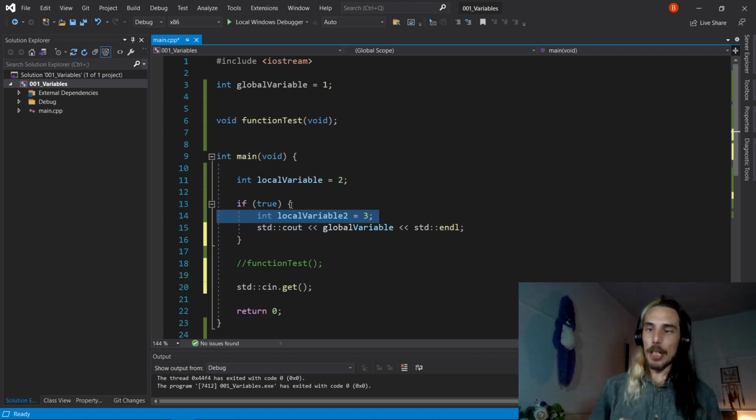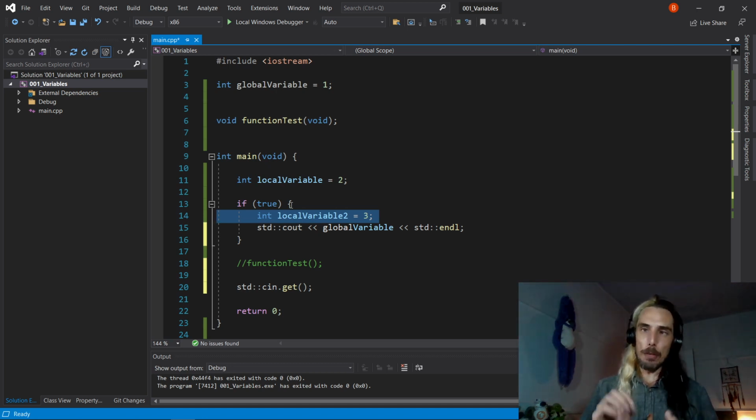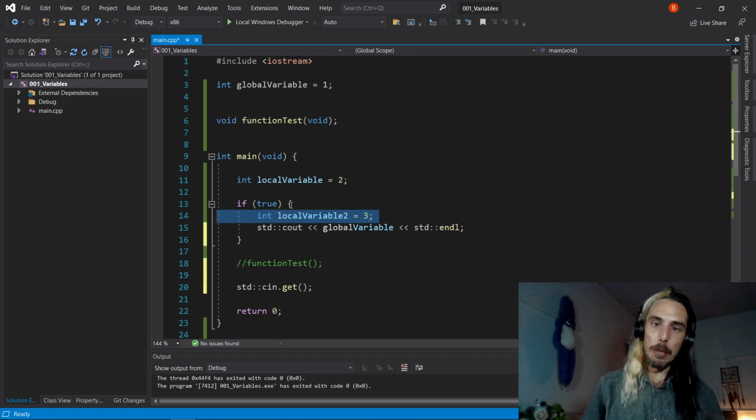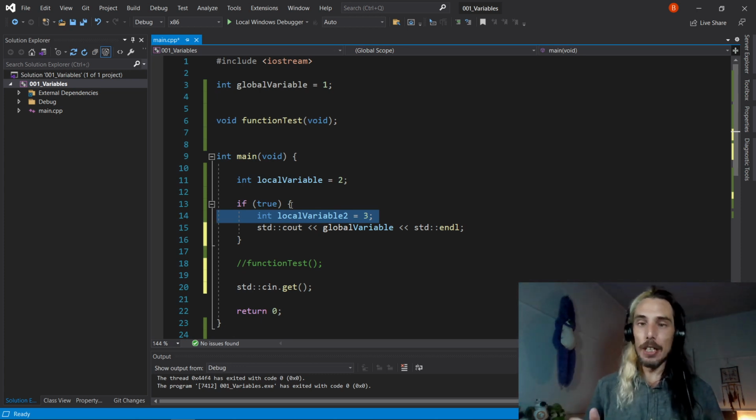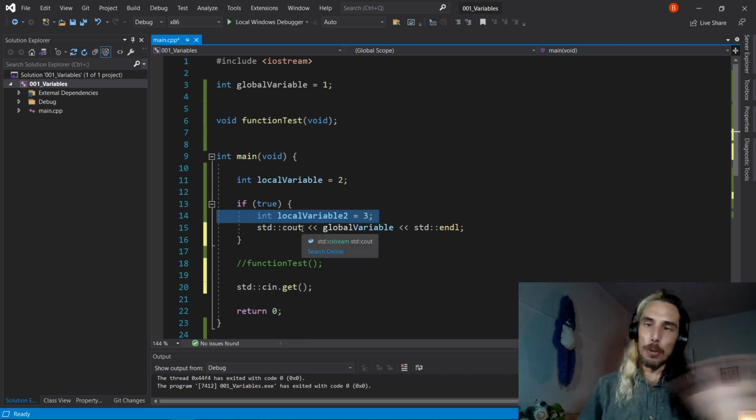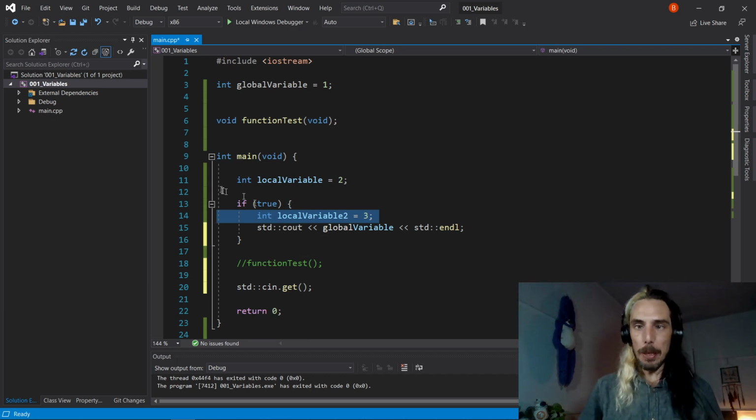Your heap memory is typically going to be storing things where you're asking specifically for memory to be allocated. So things where you may be using malloc and free, or where you're using the new and delete keywords to create, say, a class or something like that. Those will actually be stored in heap memory. However, if you're just declaring a normal variable like we are here in these 3 examples, those are stored on